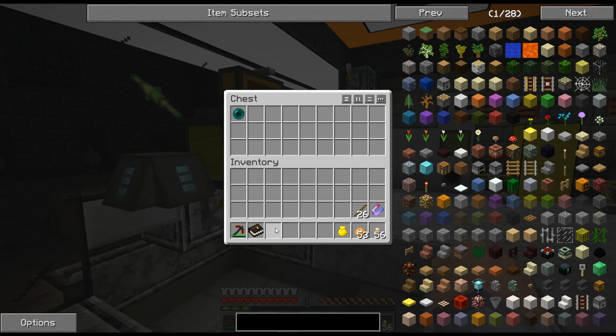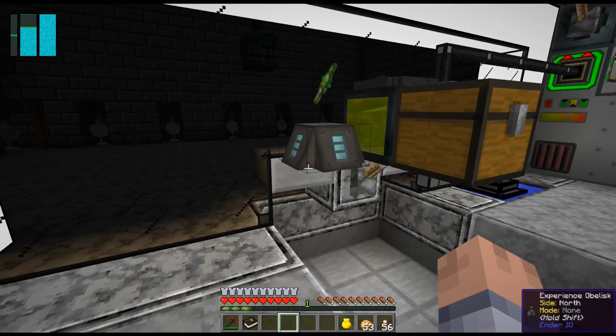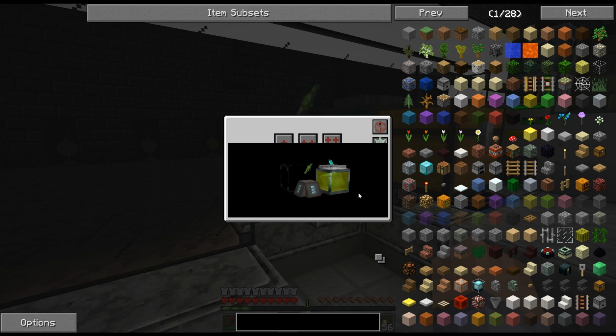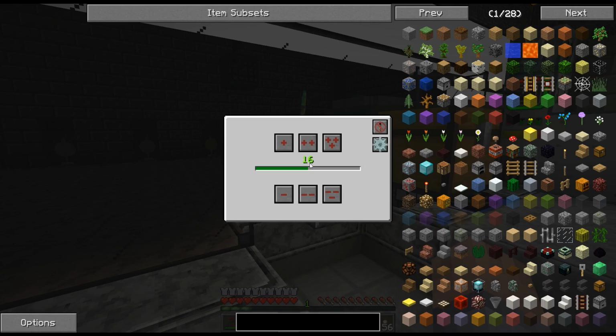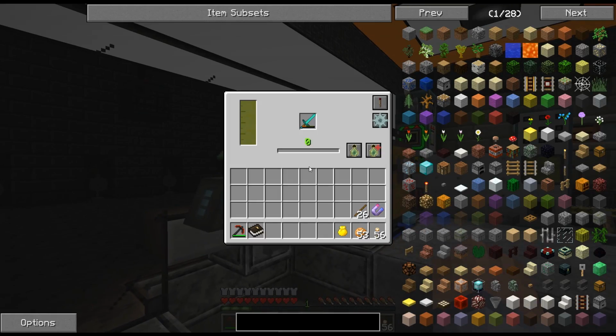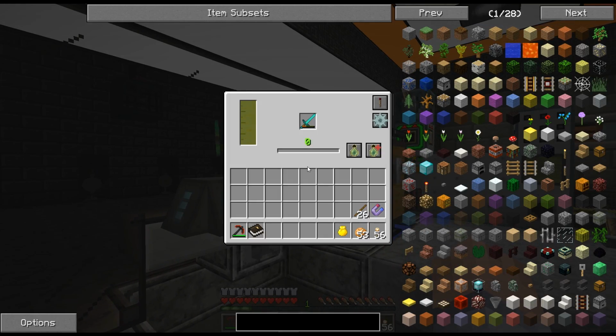Let's see if we got no drops. You didn't get any ender pearls? And it's not... Alright, maybe if I set this guy... Oh. Still 16 levels. Where's this going? I know it says in the tooltip...